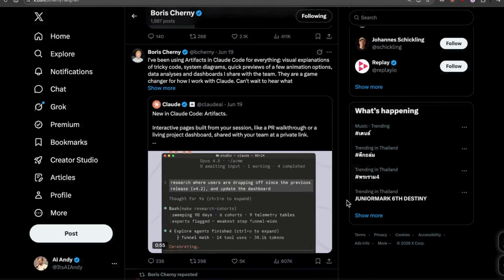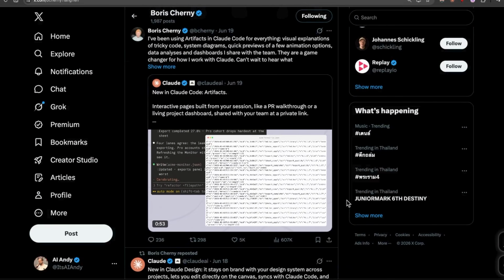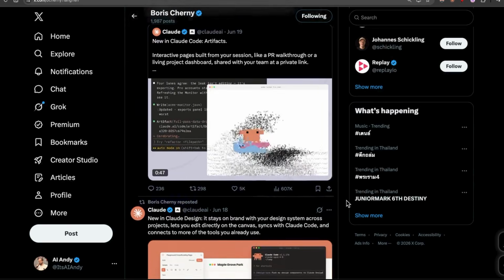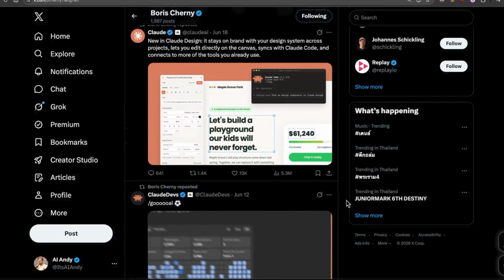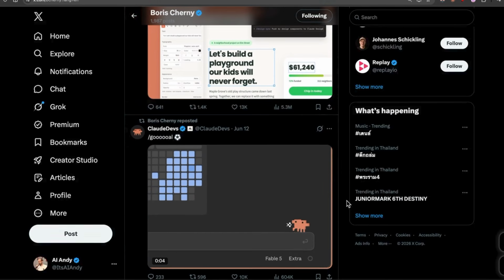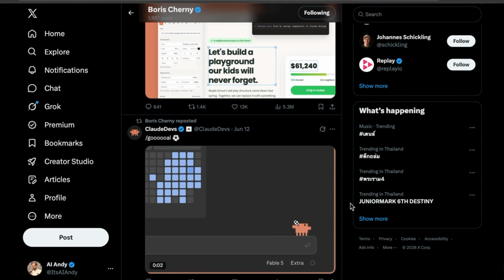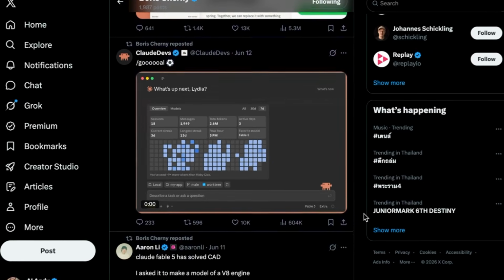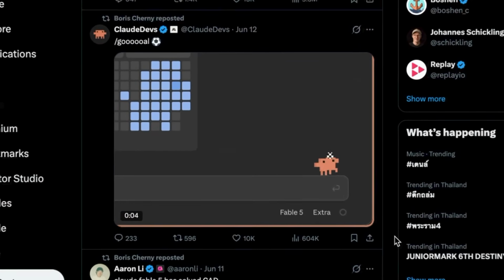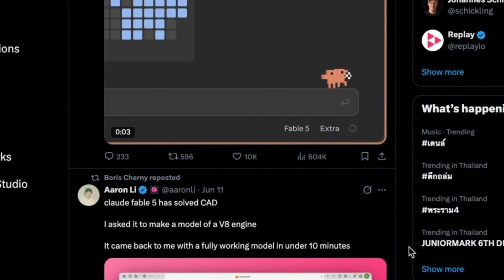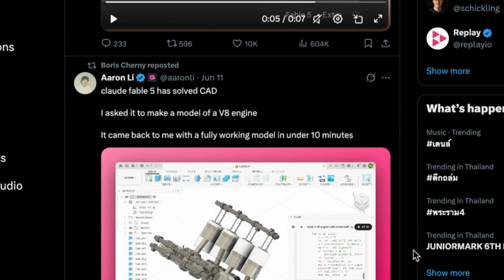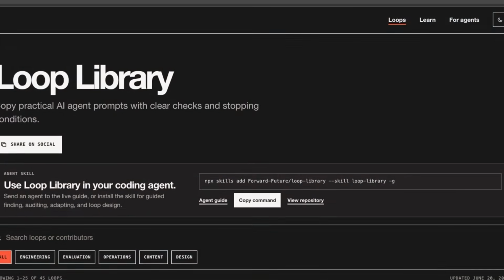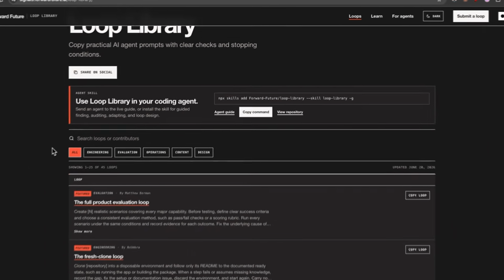Like there's an inner circle of people that know how to run loops, and the people that do the exact same as you and me, where we basically prompt it and then we check the result and then we prompt it again and then we check the result, back and forth, back and forth. That should now completely, what they're saying, be automated by AI. That's why we're checking out the Loop library today.